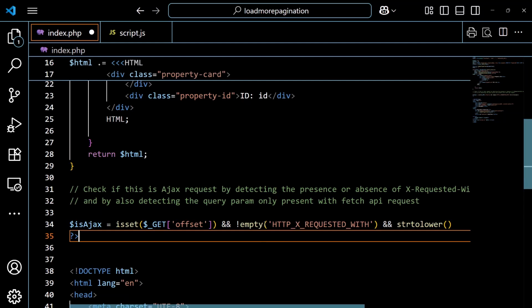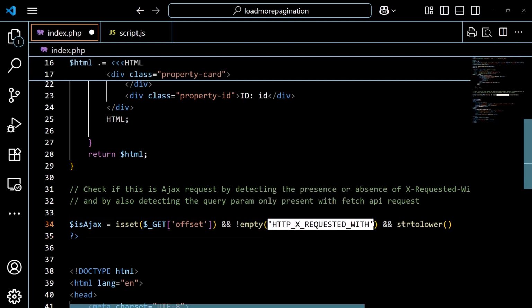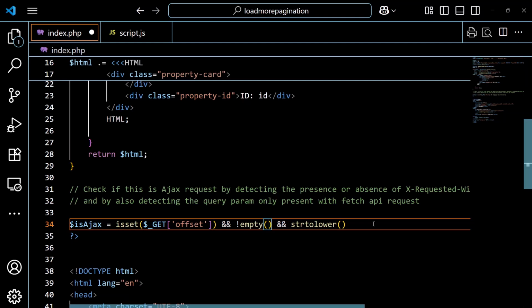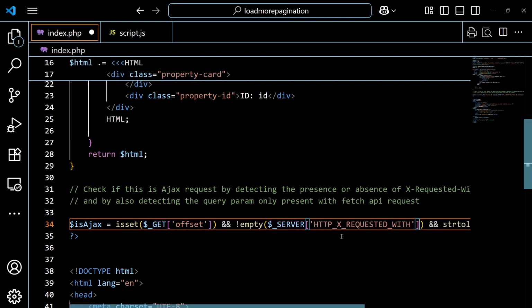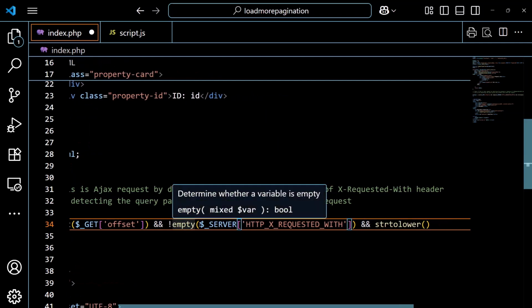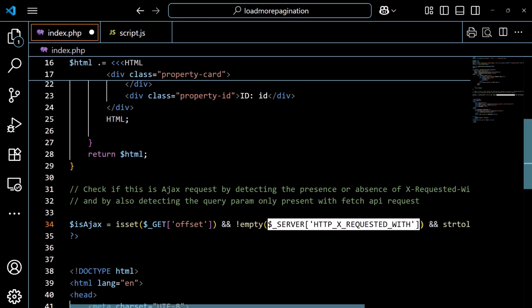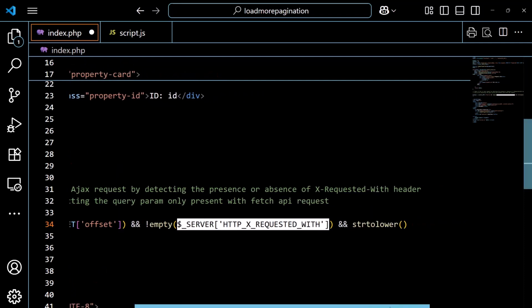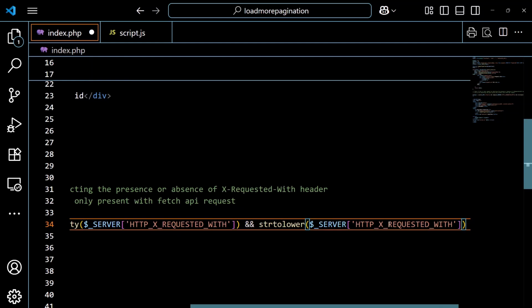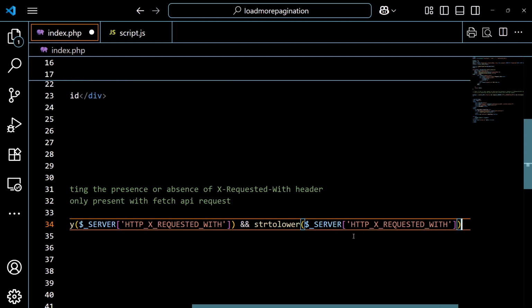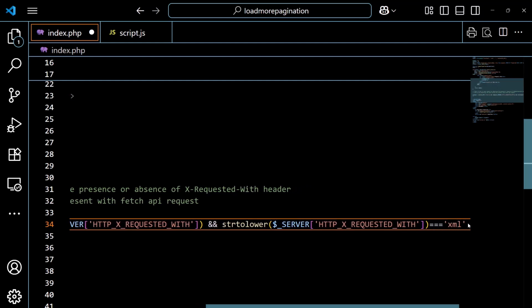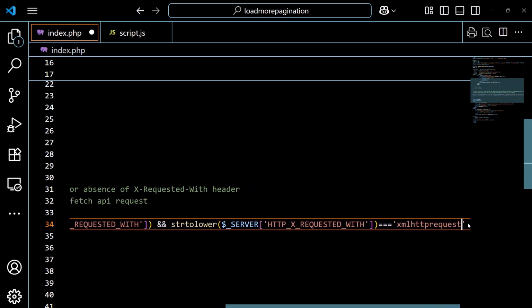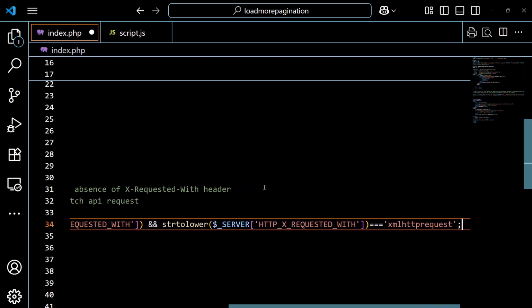Okay, there is one more thing I forgot. So this header is going to be stored in a global variable, which is $underscore server. So paste it over here. So we have to get this header from this server global variable. So now string to lower, we have to convert this whole thing into lowercase, copy, paste it. So after converting it into lowercase, you have to check if it's equal to XML HTTP request. If all three conditions are satisfied,